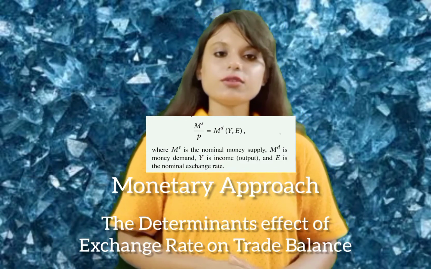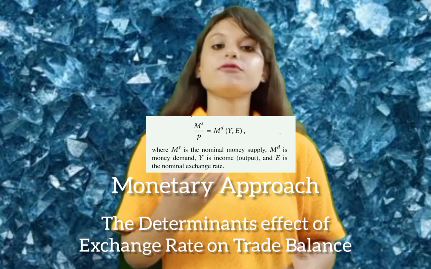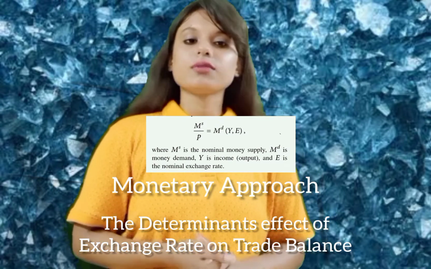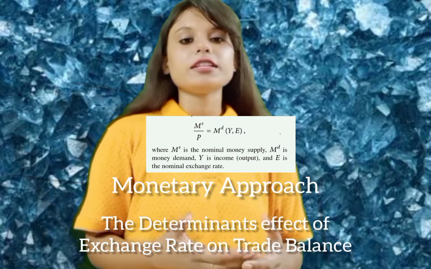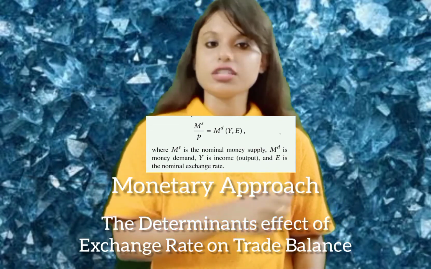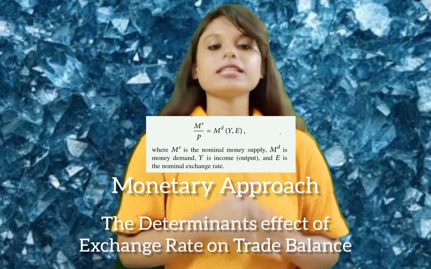Additionally, as argued by Johnson, an increase in money supply gives rise to the level of real balances. Thus, individuals forecast their wealth to rise, causing the level of expenditures to increase relative to income and the trade balance to deteriorate. Thus, the effect of money supply on the balance of trade is negative.